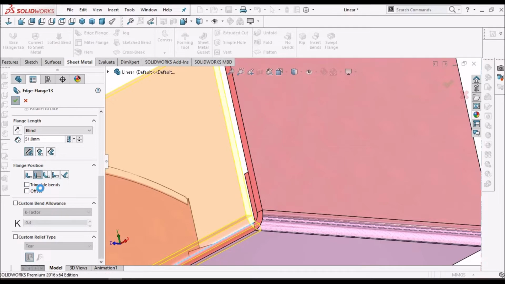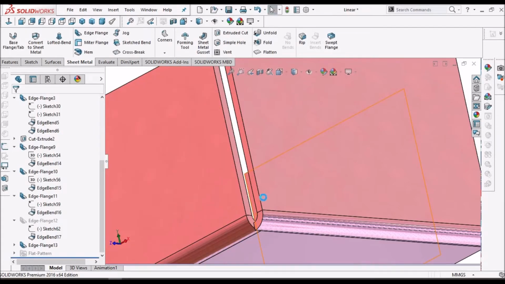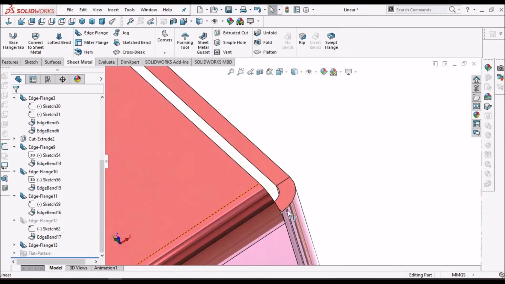So when I uncheck this trim side bends, the part resembles like this.